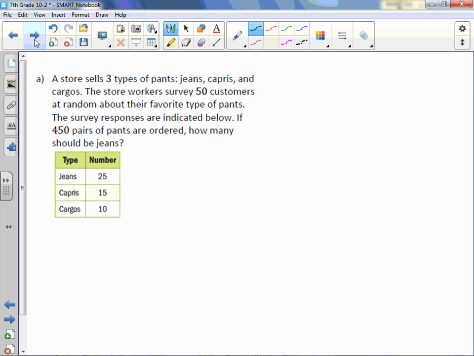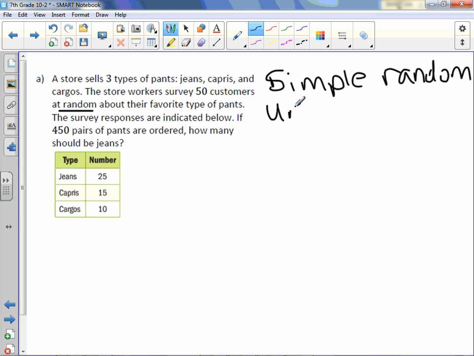A store sells 3 types of pants: jeans, capris, and cargos. The store workers survey 50 customers at random about their favorite type of pants. The survey responses are indicated below. If 450 pairs of pants are ordered, how many should be jeans? First of all, I know it's a random sampling. So this is simple random, which means it's unbiased,